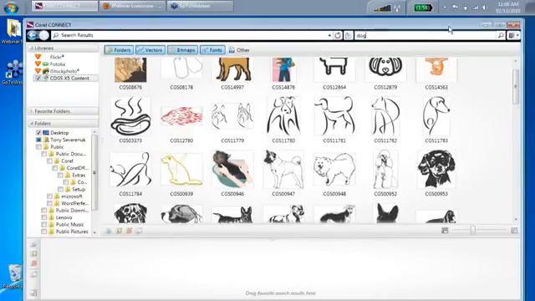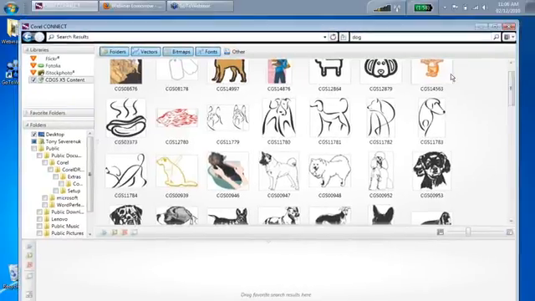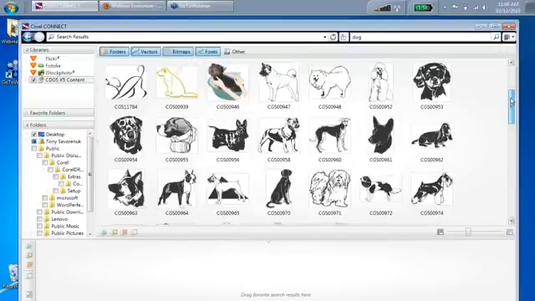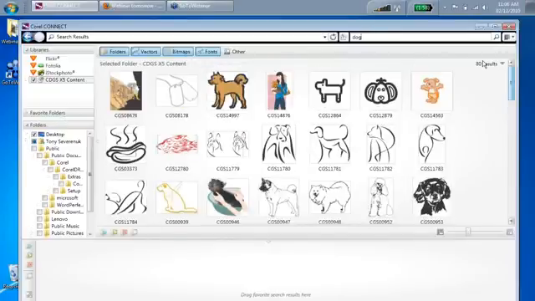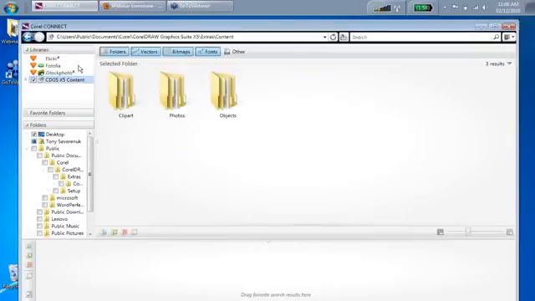Now, one thing that you'll notice is that it searches the items that are checked. So it searches the desktop as well as the content CD. So anything that's checked will be included in the search results. The one that's highlighted will have the highest priority. Now,